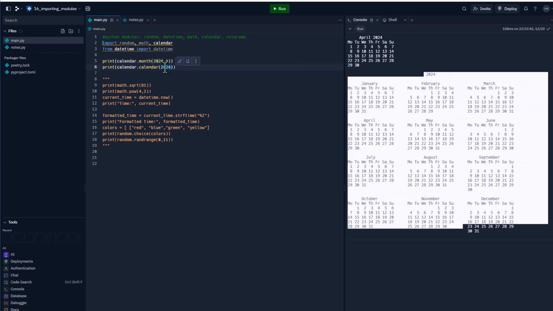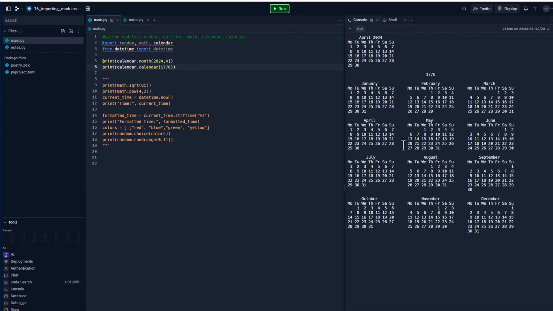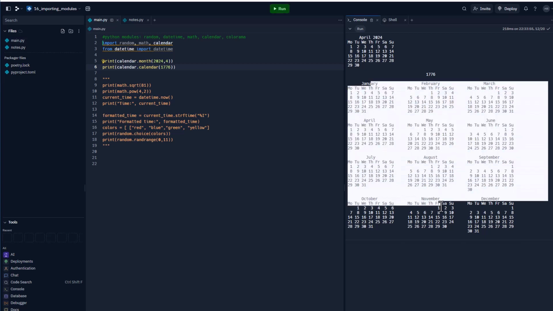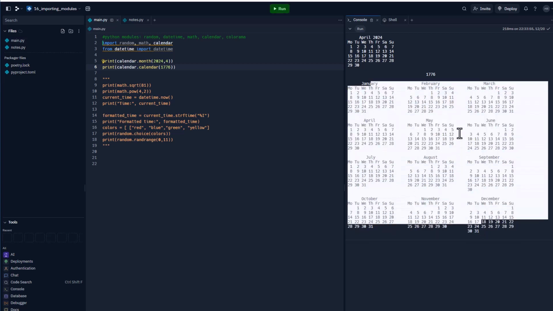If you want to, let's go back to 1776 and see what that yields. So this is what the days and months look like in 1776. I think I have to double check that one. All right. Anyway,